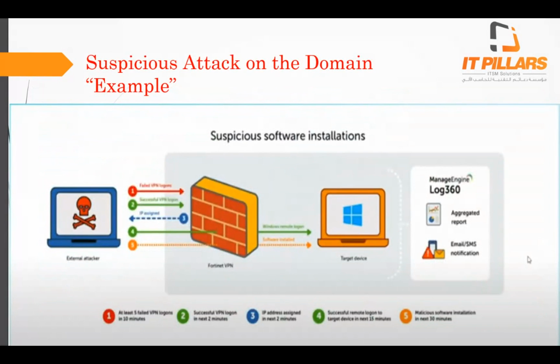For example, you are getting an attack, and this attack is happening on your infrastructure. The first step is that our attacker tried to get to the VPN, and he decided to make this attack. Every 2 minutes, an attempt of access has been happening. So for 5 times, you got 10 minutes. So this is the timeline. Eventually, after the next 3 minutes, we were able to get a VPN login. Then he gets an assigned IP address, which we need to see since he logged in to